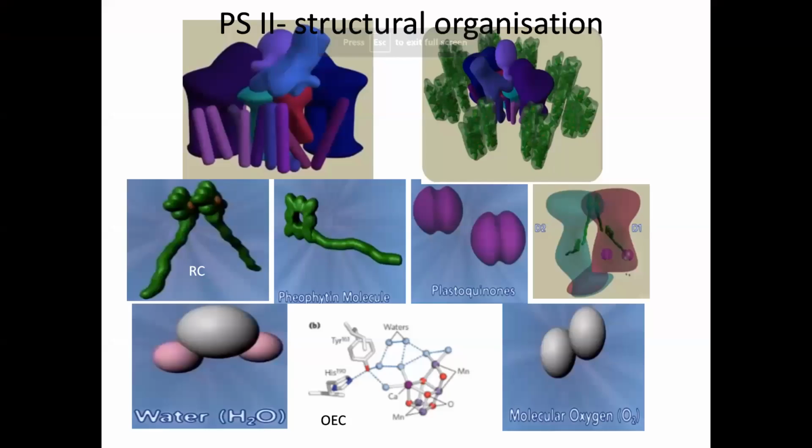Welcome once again to the next series of the Hill reaction of photosynthesis. Here we are going to start with the structural and functional aspects of the two photosystems. Photosystem 2 is the key pigment protein complex in oxygenic photosynthesis. The main function of photosystem 2 is oxidation of water and reduction of plastoquinone.